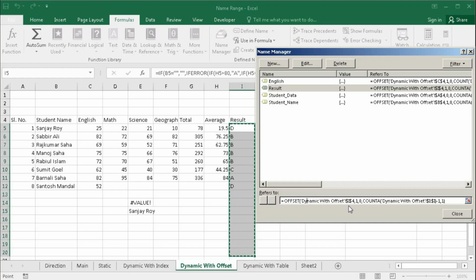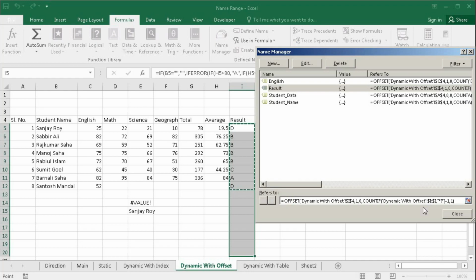So for this, in place of the COUNTA function, we have to use the COUNTIF function. COUNTIF, then here put comma, the criteria will be within double inverted commas, star question mark, double inverted commas close, then apply, and you can see it is selecting up to row 12,